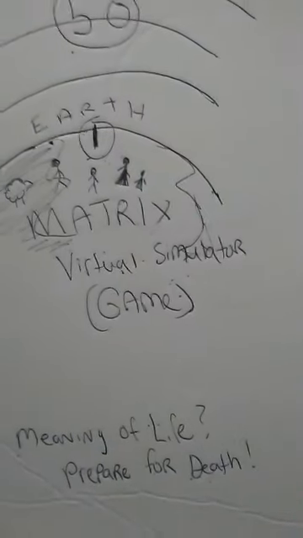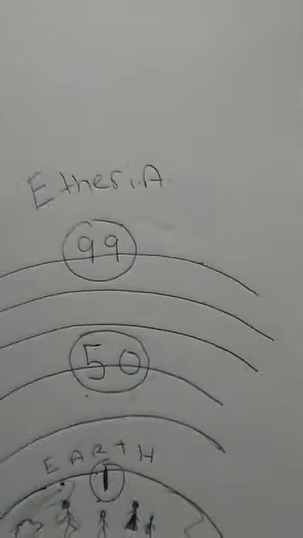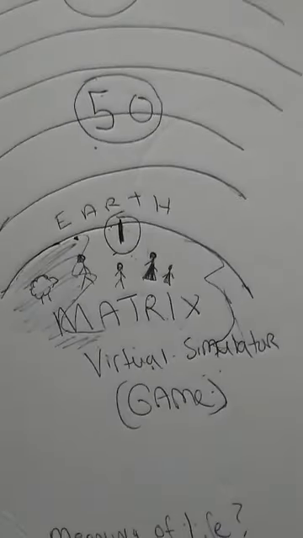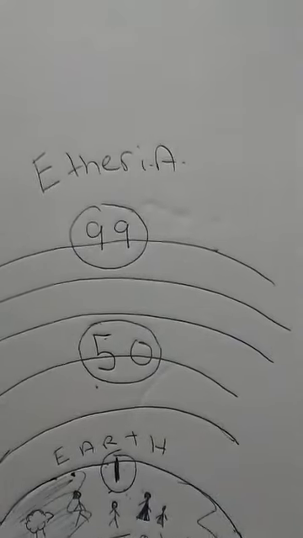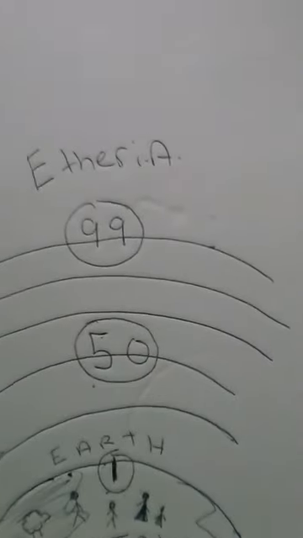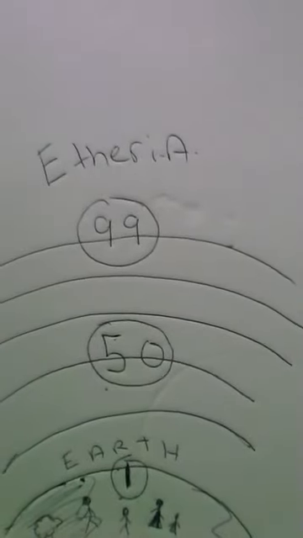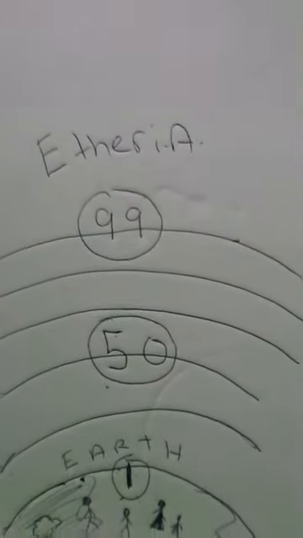Some of us have left Etheria. Some of us have left the 99 and we have descended down to 1, which is the lowest dimension. Now we got to elevate because we got to get back up, back to our naturalistic home, which is Etheria. This is where the supernatural beings live. This is where what you call the angelic beings live. This is what you call the star bodies, or the celestial beings. This is where they live.